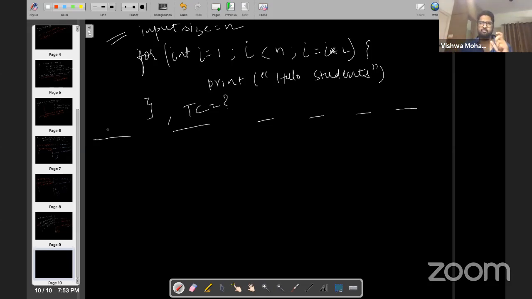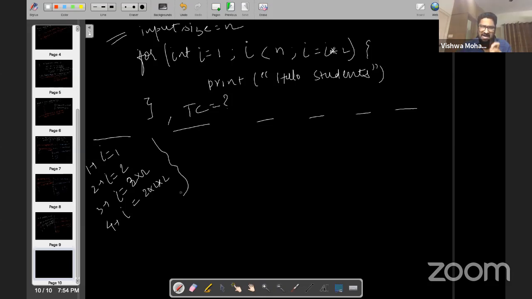The definition of time complexity is based on the input size, how many operations you're going to do. The input size is n, so I have to see how many operations I have done. Here, i is getting multiplied by 2 every time. Initially i is 1. The second time through the loop, i becomes 2. The third time, i becomes 2 into 2, which is 4. The fourth time, it becomes 2 into 2 into 2. Like this it will go.